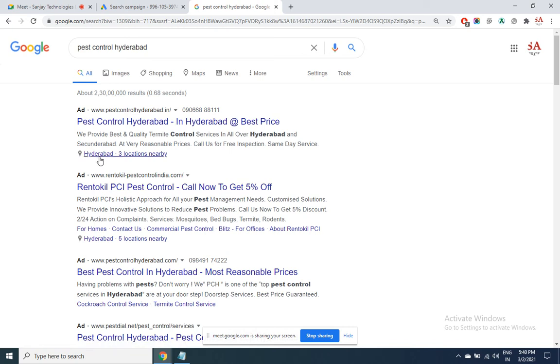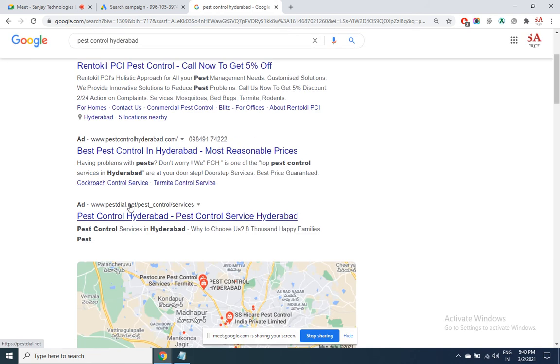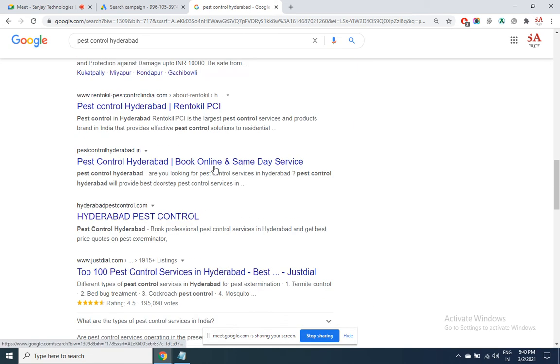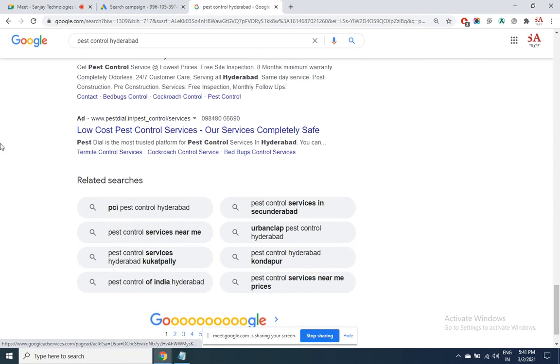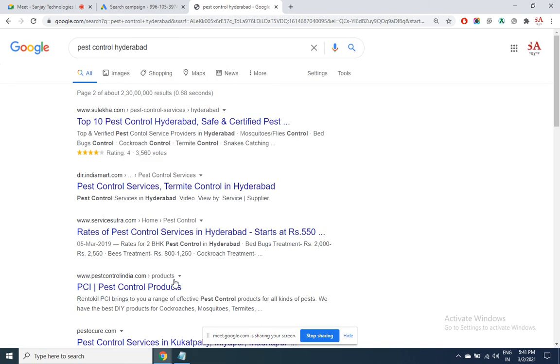This is location extension. I'll get back to this as well. This is also location extension, this part. The site links. Though he may be using description for the site link, it is only displaying text, because these are all the extra options that you are getting along with that. So there is no guarantee that it will be displayed always.